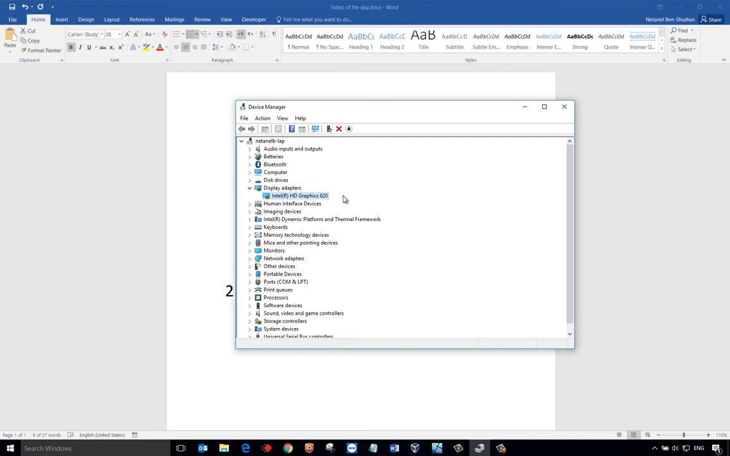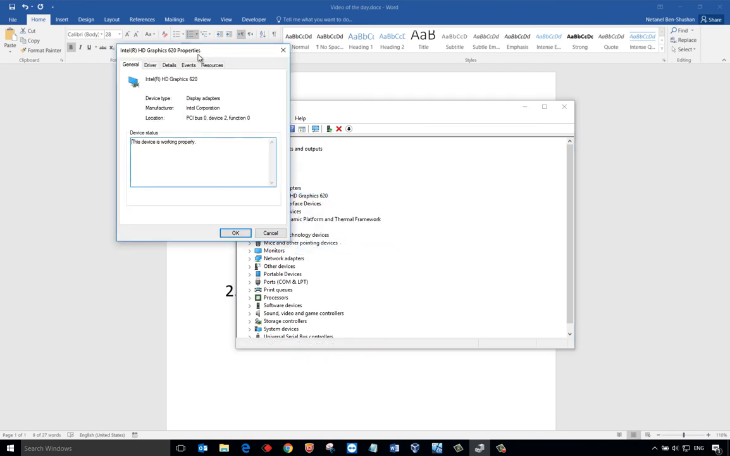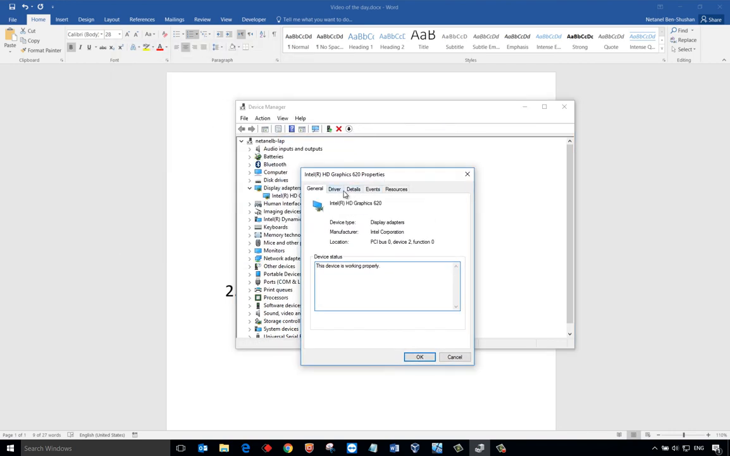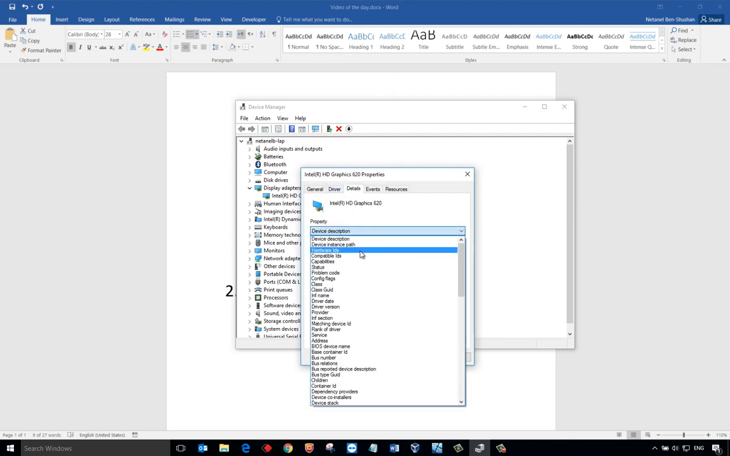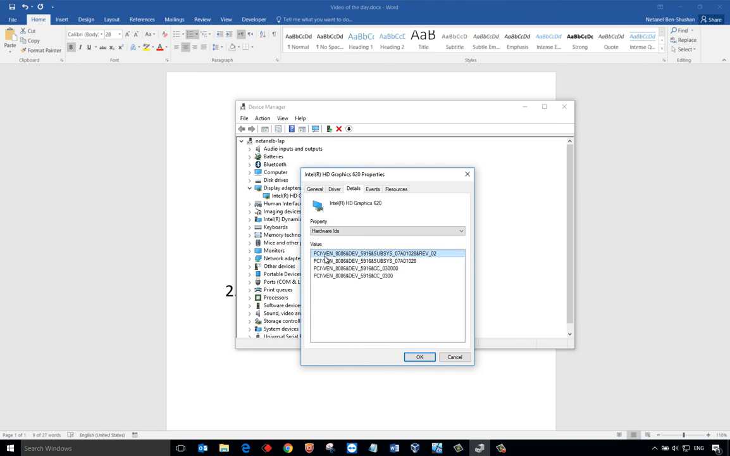This is an unknown device. So I'm going to this device, right-click and choose Properties. I'm going to the Details tab and choosing Hardware IDs. Here I can see VEN underscore, VEN stands for vendor, and DEV, which stands for device ID, underscore, and there is a number. So I'll go to my browser